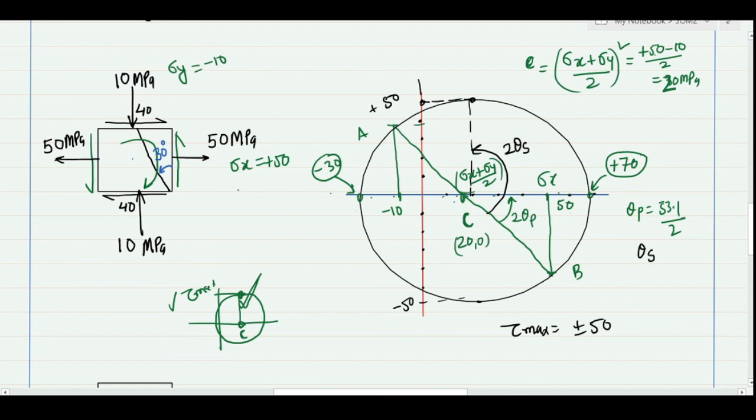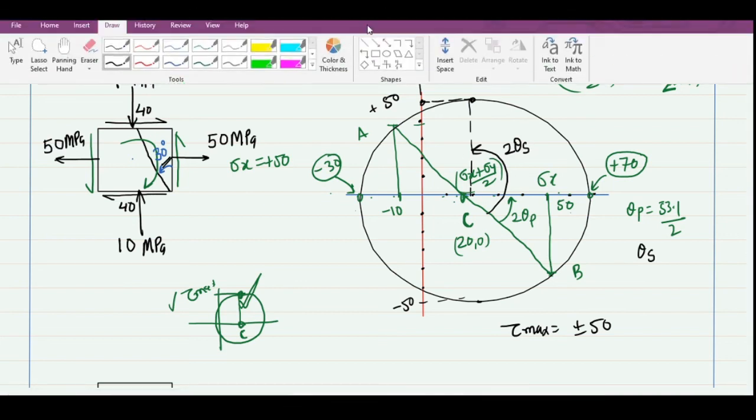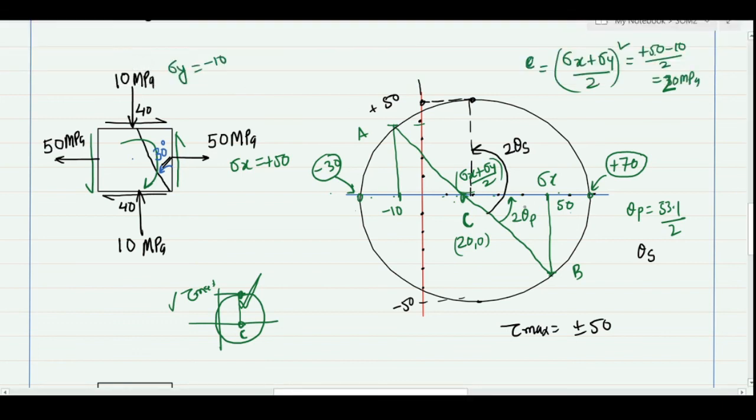Now the last thing, the oblique plane, which is at an angle of 30 degrees. So in the Mohr circle, it will be of the double value. So what I need to do here, I have to consider a 60-degree angle, and I have to construct a line at an angle of 60 degrees, and I will find a point here, and this point will represent the value of my A dash B dash plane.